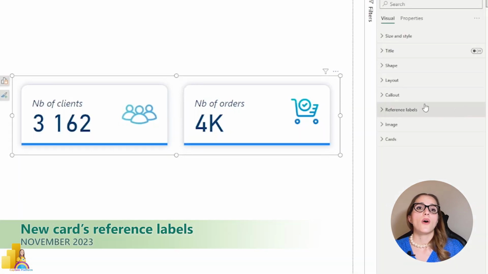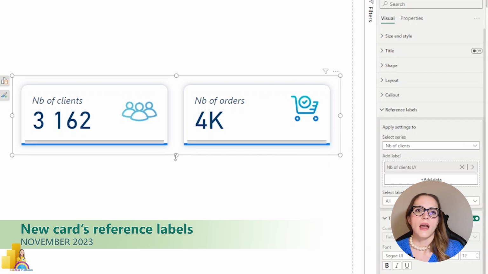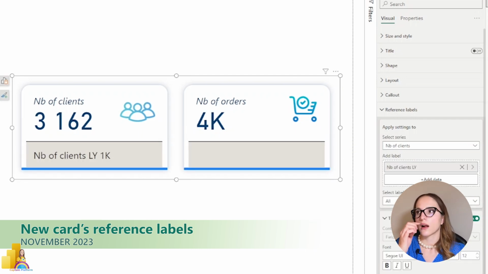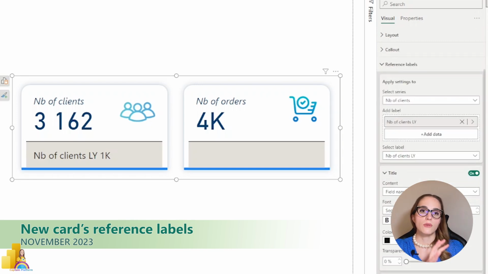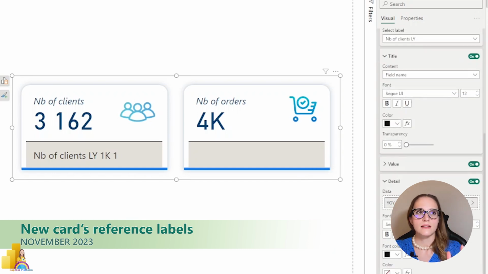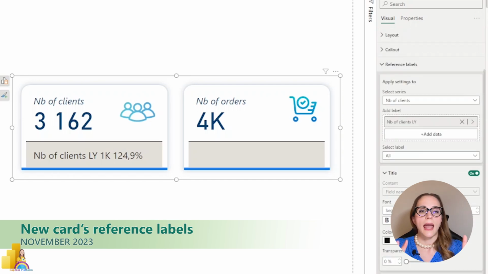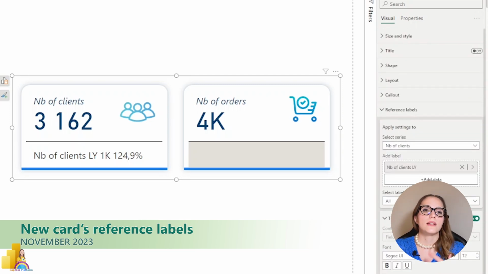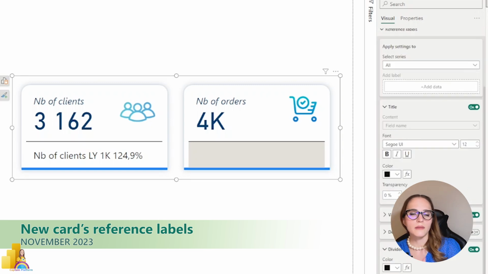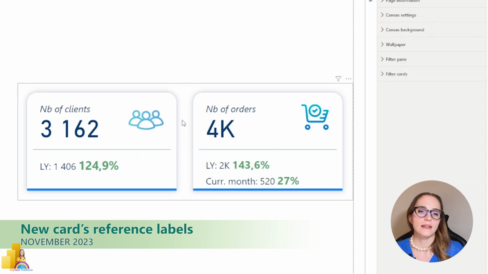And in November, we also had the introduction of new card reference labels, allowing users, for example, to add some context, some additional information to the new card visual. This is really very important because context is very important in Power BI and in general, when we show some values and make some analysis. Adding some context is very important, and with this new feature, you are able, for example, to add some values, some details, put some coloring based on some conditional formatting, and in this way help users better understand the numbers